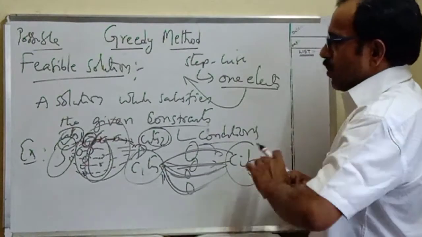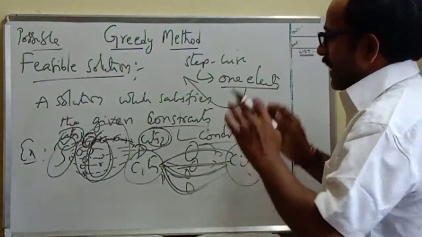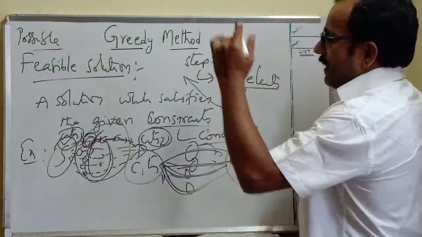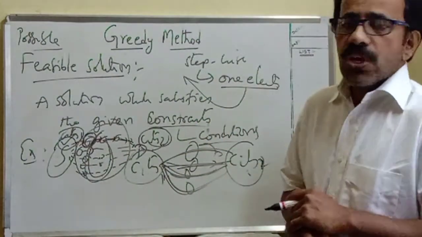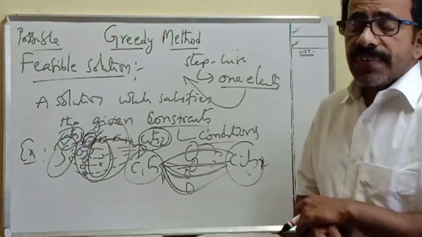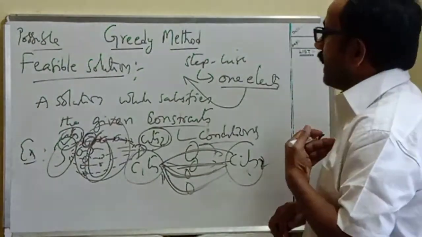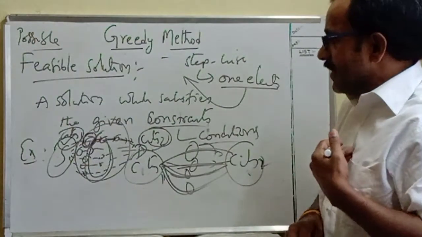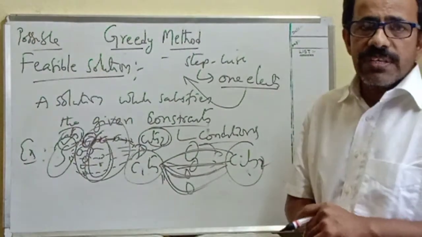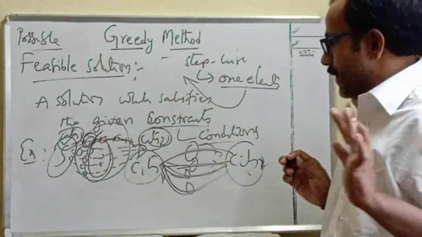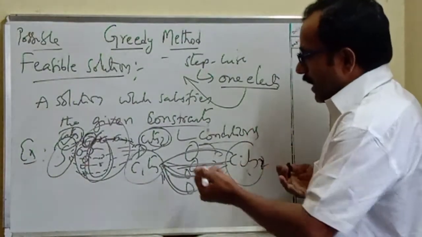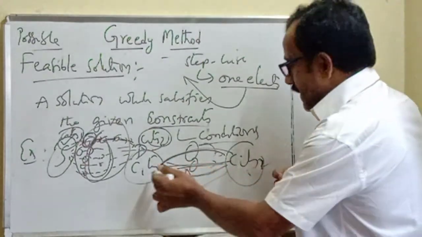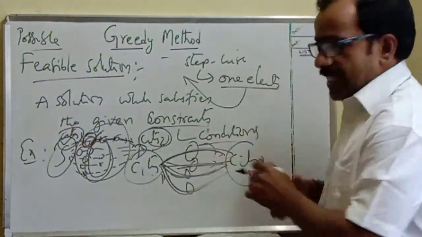Is it clear now? Whatever solution you construct, if it satisfies the constraints or conditions of the given problem, then we treat it as a feasible solution. Our target, by using the greedy method, is to select one particular solution among all the feasible solutions. That solution is treated as the optimal solution. What do you mean by optimality now? The solution which reduces the distance between city 1 and city 2. So this is a distance related problem.